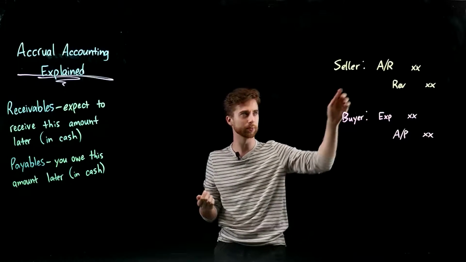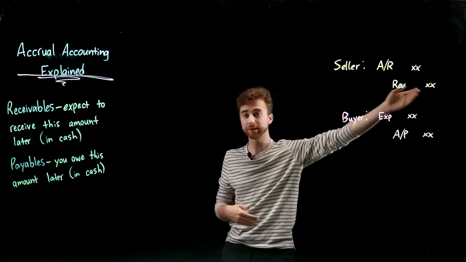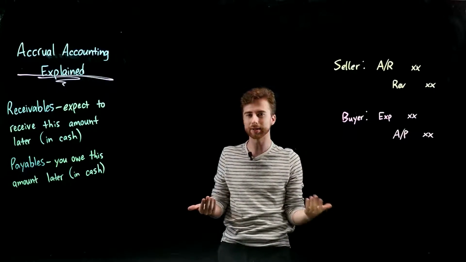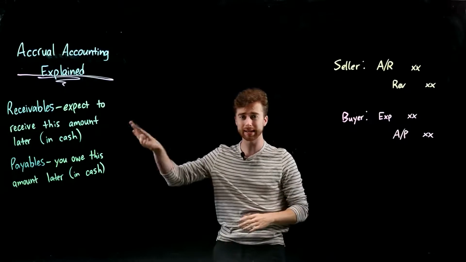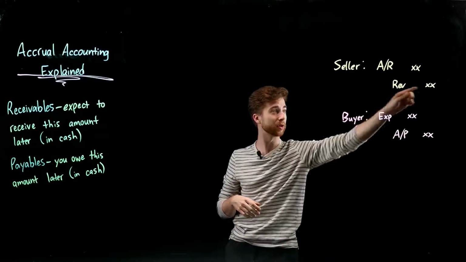Well, what would we do then? We're recognizing the cash. We would have debited cash because we would now have it, and we would still credit revenue. The only thing that's different right here is that we're not getting the cash quite yet. We're going to get it at a later point in time. So for right now, I'm just recognizing my receivable, and I'm going to recognize my revenue.